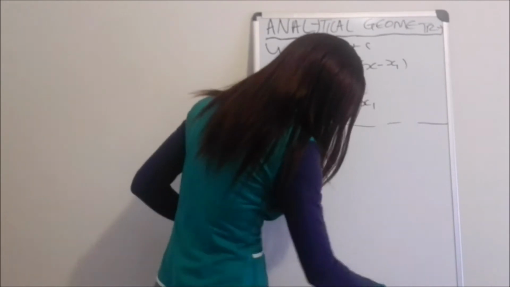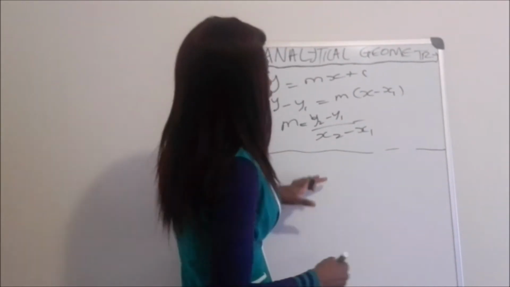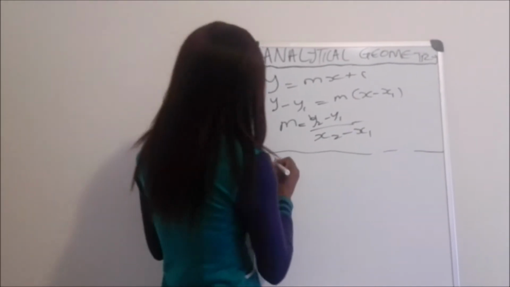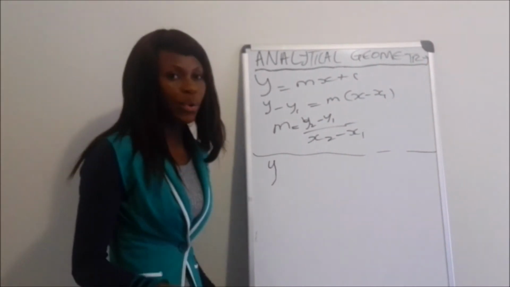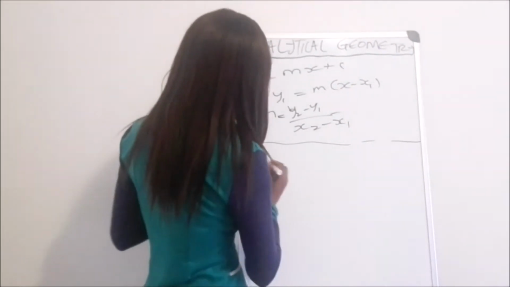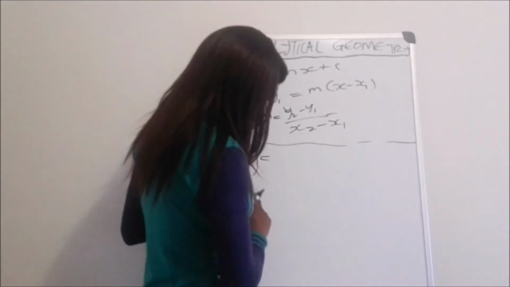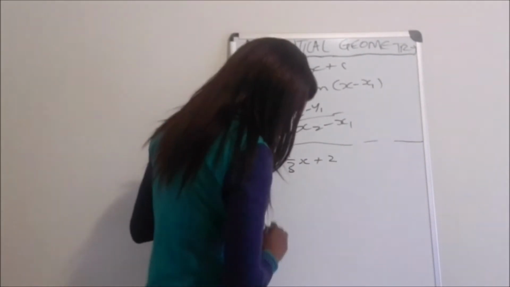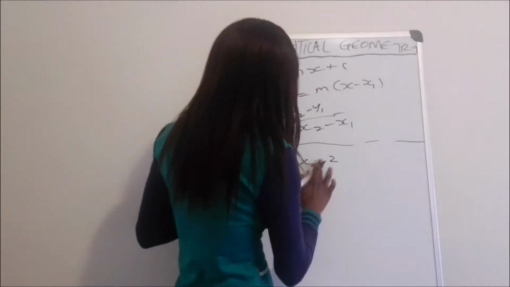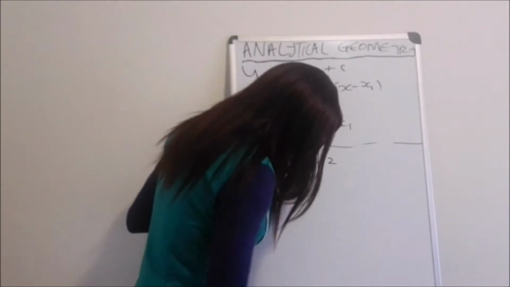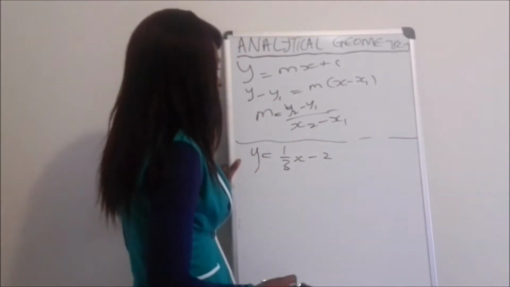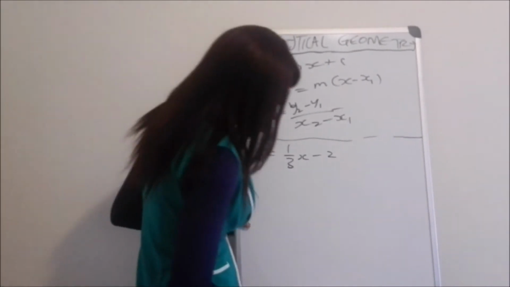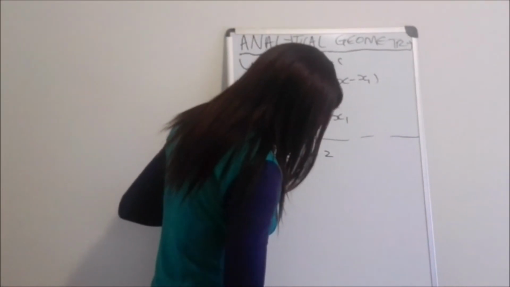Alright guys, let's do another question again. In this question we are also asked to find an equation of a straight line, given that the straight line that we have to find an equation for is perpendicular to the line which has an equation of y = 1/3 x - 2, and, sorry guys, it has a y-intercept